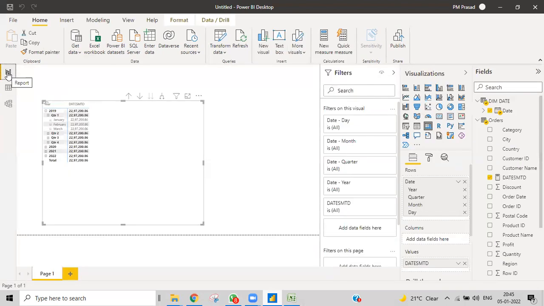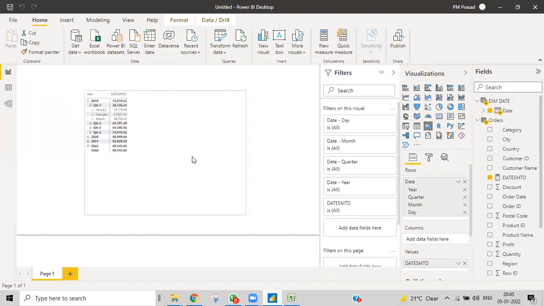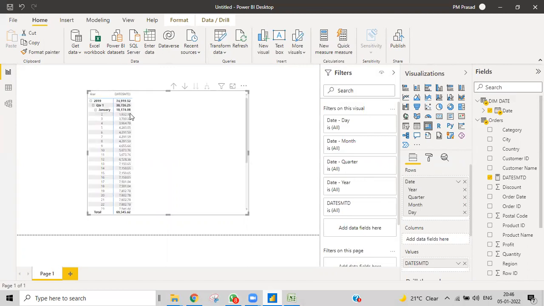Yeah, perfect. Right now you can see that's perfect. We can see the same thing that we got yesterday. In dates monthly, you can see it keeps on increasing, and the total keeps growing. This is what DATESMTD does. There is no difference between the two. The usage is different: there, the function calculates the expression itself, but here we use DATESMTD inside the CALCULATE function. That is the difference between these two.